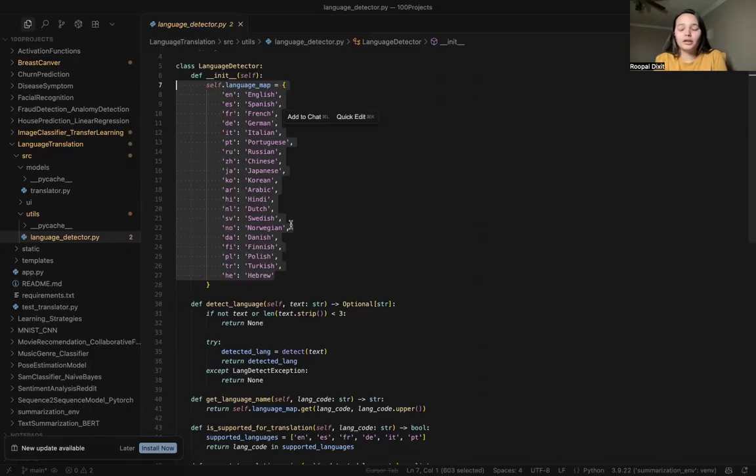Take one word, like hello world. First it is detected as English, and then that hello world is given to the tokenizer. The tokenizer converts it into tokens and then into token embeddings. According to the token embeddings, the model understands the pattern, and through the model the beam search happens, converting it into different vectors.